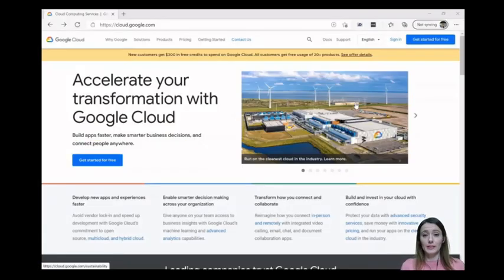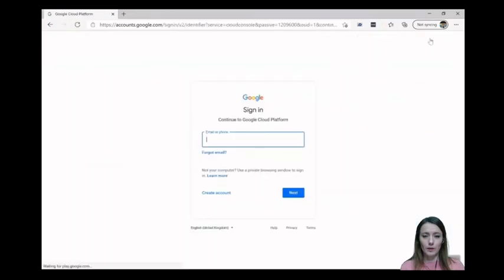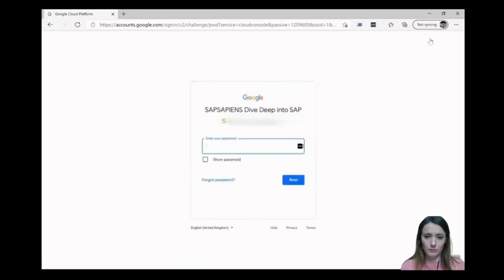Let's start visiting the Google Cloud Platform website. And the first thing we will need to do is to create an account. And then we will need to enter here our Gmail account. If you have an email account, then use that one. If you don't have any Gmail account, then you will have to create a new one. Then you will need to put your password.